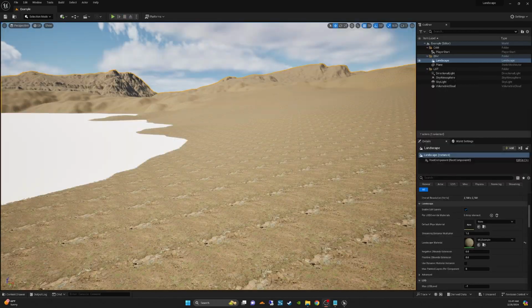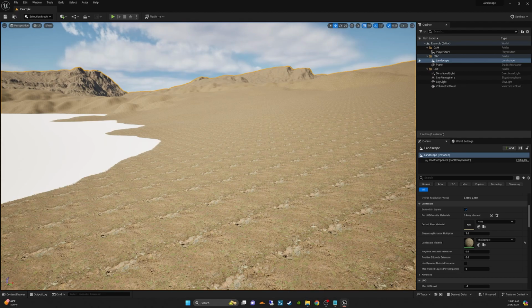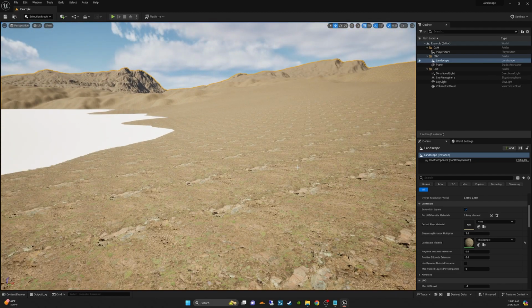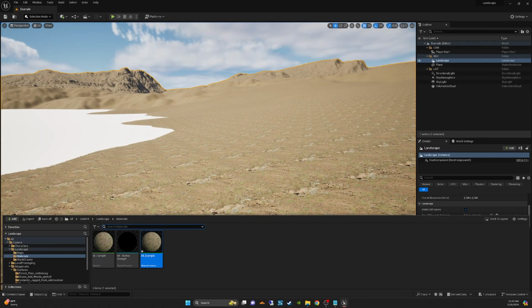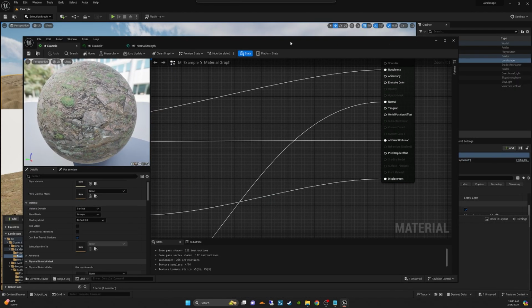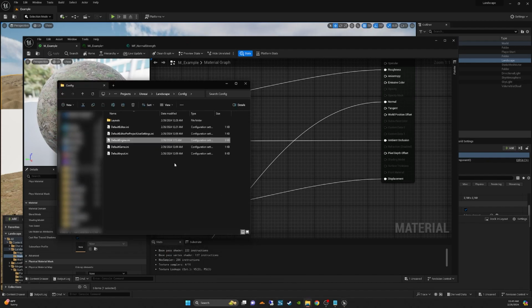All right, now before we move on, I did want to mention one thing. By default, the current version of Unreal we're using will not have this displacement set up. So if you are in the material, you won't see the displacement down here by default. You actually have to turn that on. To do so, navigate to the directory where you set up your project and find the config folder. In this case, my project is called Landscape. Go into the config folder and then look for the